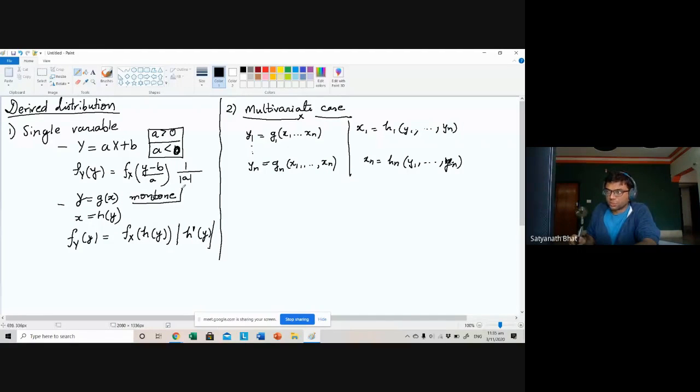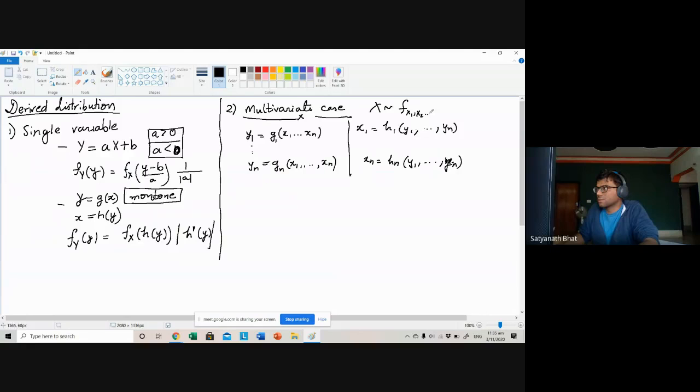So we have something like this. There is no monotone in a multivariate case, right? There is no meaning of monotone functions, because there are n variables and n functions. But I will define an equivalent concept, which we will come to. Suppose you have a function of x such that the inverse also exists simultaneously. We will look at some examples, and you'll get this much clearer. For now, assume that you can go from y to x uniquely, and from x to y uniquely. Now, what we know is that x is distributed as